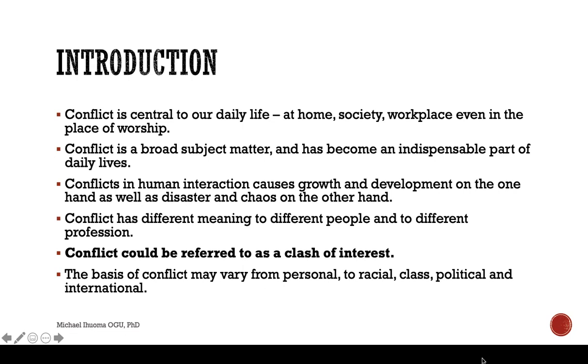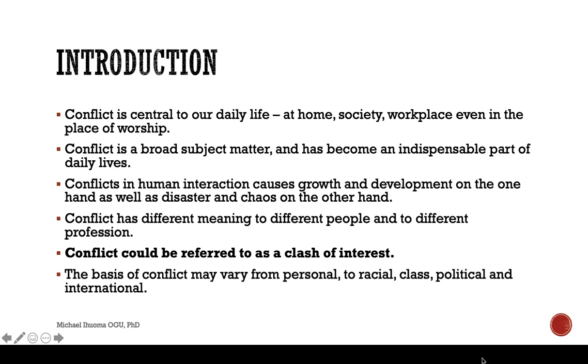And conflict has, of course, been defined by various people depending on the perspective from which they view the concept, depending on their profession as well. People have various meanings for the concept of conflict, but conflict generally is referred to as a clash of interests. So when you have interests that are clashing, whether it is individual interests or group interests, whenever interests clash, it is said that conflict has occurred, and we're going to find out how this definition is useful as we